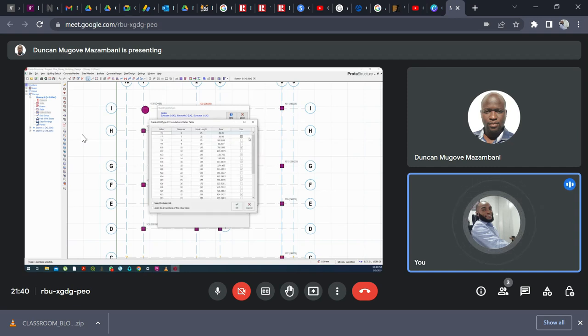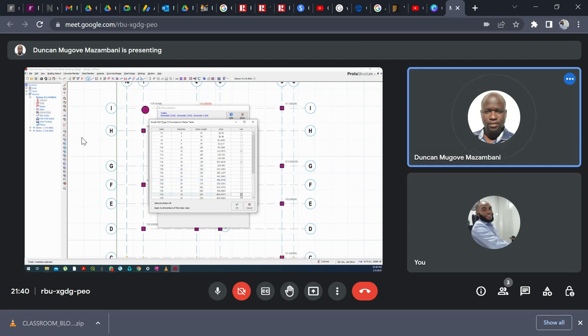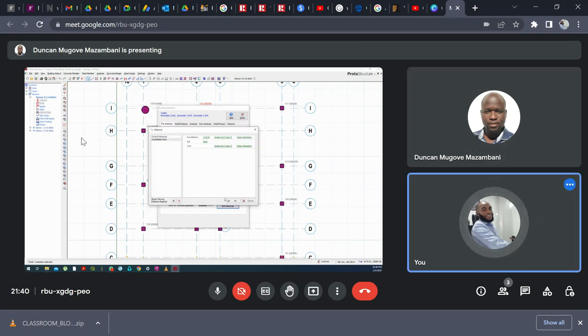Since it's a one-story building, you can take 12 minimum, then maximum 16, but in all we will only use 12. So uncheck all and just check only 12 and 16. Okay, then okay it,